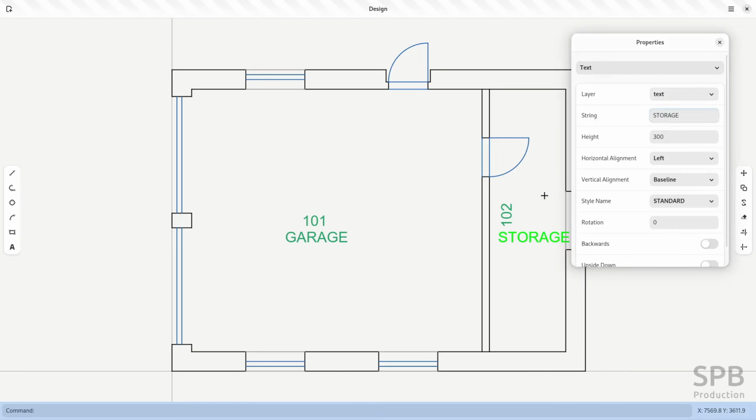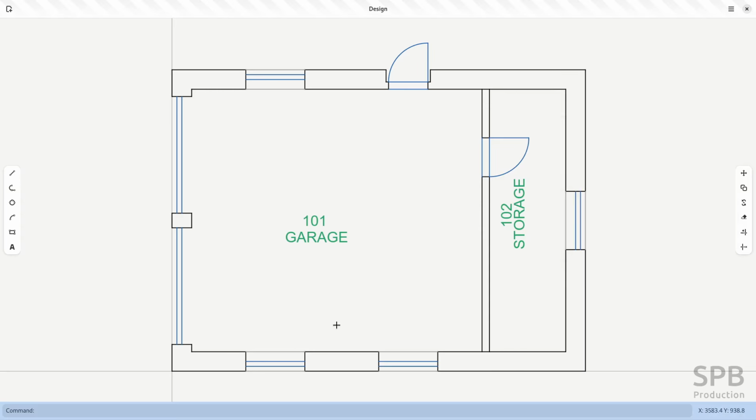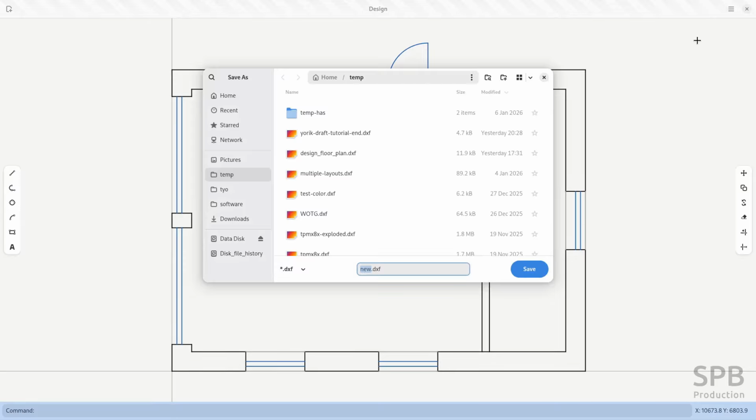Hit enter, click away. Now let's make sure that the base point is placed correctly, so somewhere here. Now we can set the rotation to 90, hit enter, and well, yeah, this fixed. So you can see that there are still a lot of limitations in this version of GNOME Design as of beginning of 2026. But now we've got our basic floor plan finished, so we can save the file,